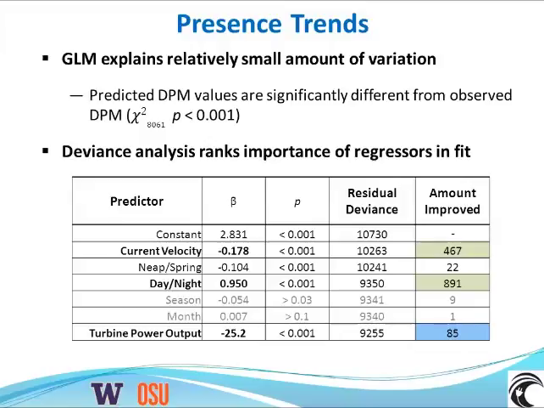The table here is showing the various kind of results of the different parameters in the GLM. So each predictor is shown in the first column, and then the amount that the residual deviance, that's the amount of information that is unexplained by the model, is improved by each predictor, is shown there on the right-hand column. And you can see things like current velocity. There's a negative correlation with harbor porpoise presence and current velocity, and night and day variation. Presence is positively correlated with nighttime hours. There is some correlation there, but it certainly doesn't explain the vast majority of the underlying trends. So certainly this is an interesting exercise to go through, but it seems like the presence of harbor porpoise is largely controlled by factors that we're not including presently in the GLM. So next slide.